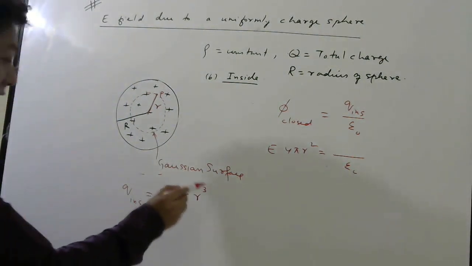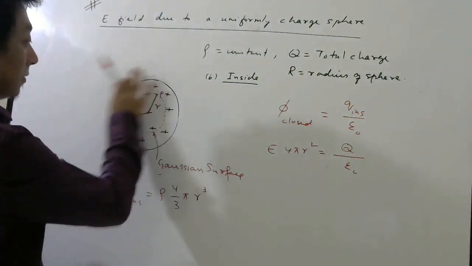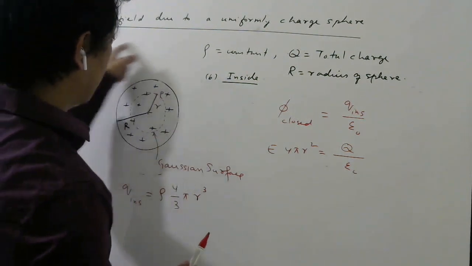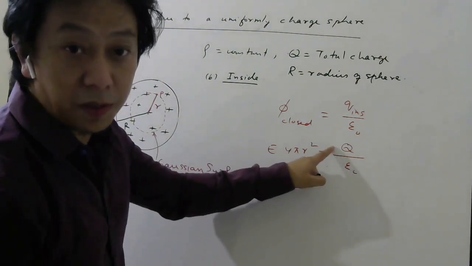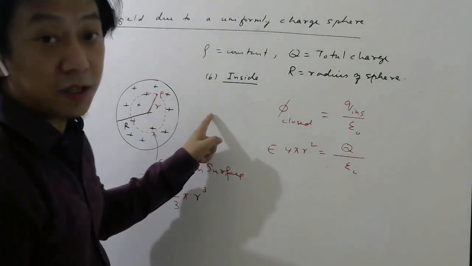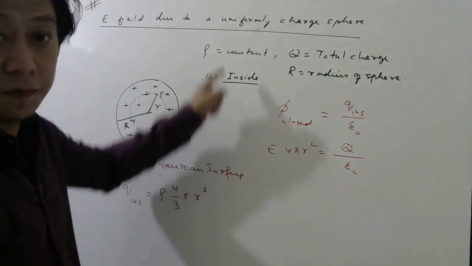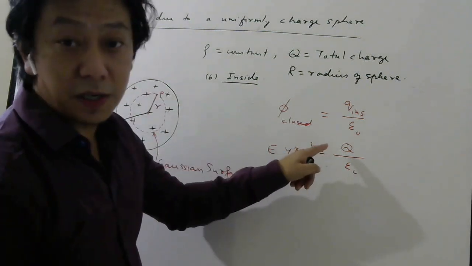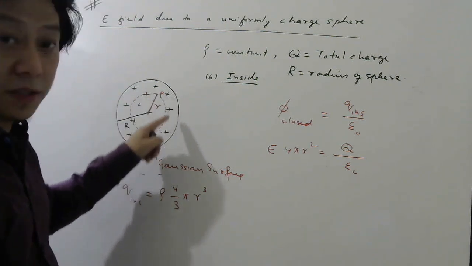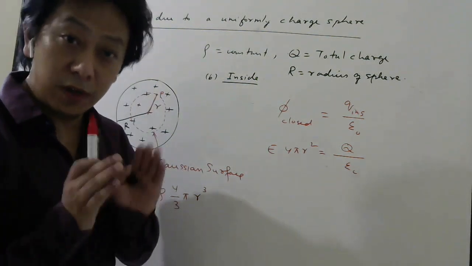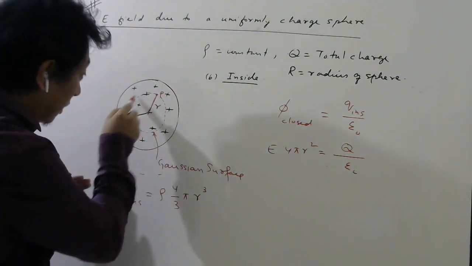Okay. So this is the charge inside. Do not make the mistake of writing capital Q, because capital Q is the total charge. Before, when the Gaussian surface was here, the charge inside the Gaussian surface was the total charge. So I wrote capital Q when the point P was outside. Meaning, when I want electric field outside, I have to make this Gaussian surface. That time, the total charge inside is capital Q. But if I want electric field inside, then I have to draw this Gaussian surface. Right? So you have to go through the previous videos very carefully. Okay. So the charge inside this is clearly not the total charge, only in this much part.